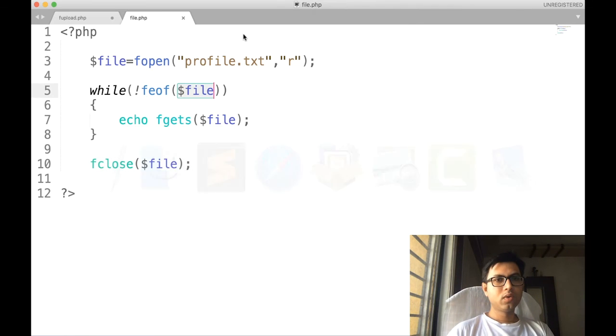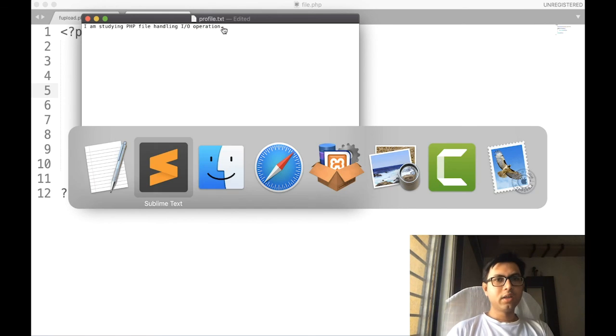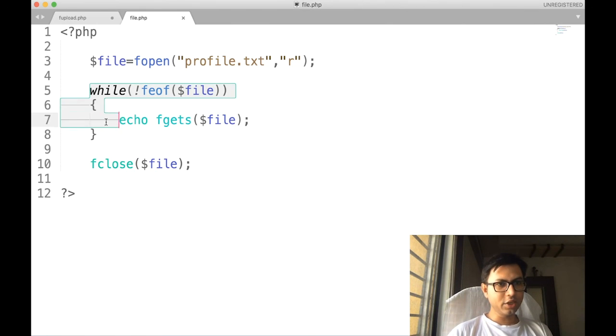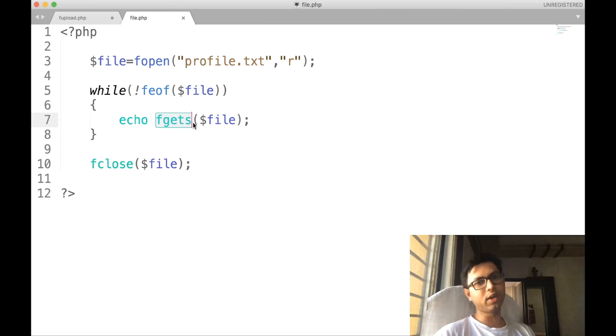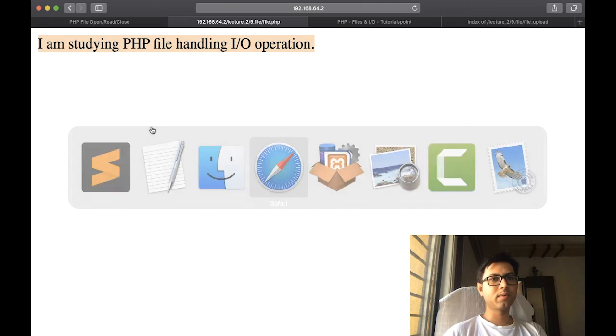So this PHP script is going to read from the beginning, and until it reaches the end over here, the while loop is going to iterate continuously, and it is going to echo each and every statement using the fgets function of this file variable and print it on our browser.